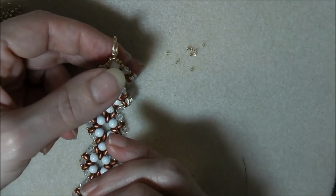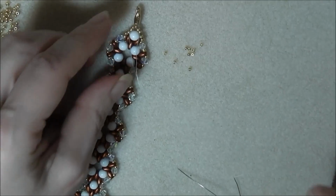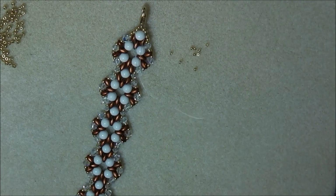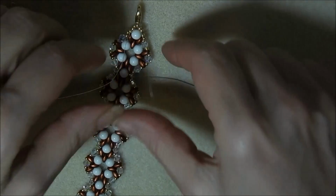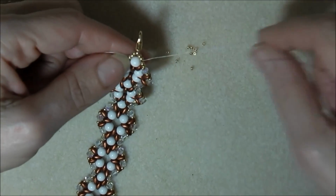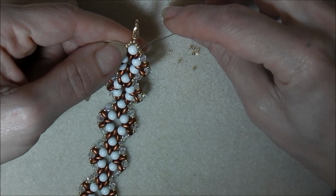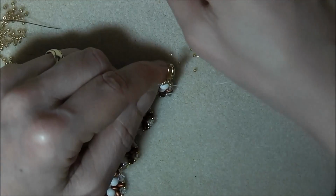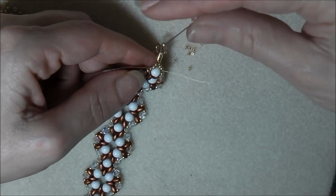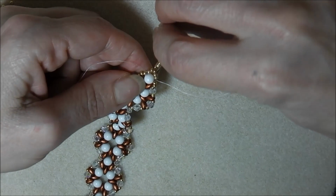Just hold on to your duo and give them both a pull. Make sure they're nice and tight. Again, we need to sort your threads out. Make sure you know which side is which. So I've got this side thread and it's coming out of that seed bead that is against the clasp. I'm going to pick up an 11/0 seed bead, and then I'm going to go down those 2 seed beads,